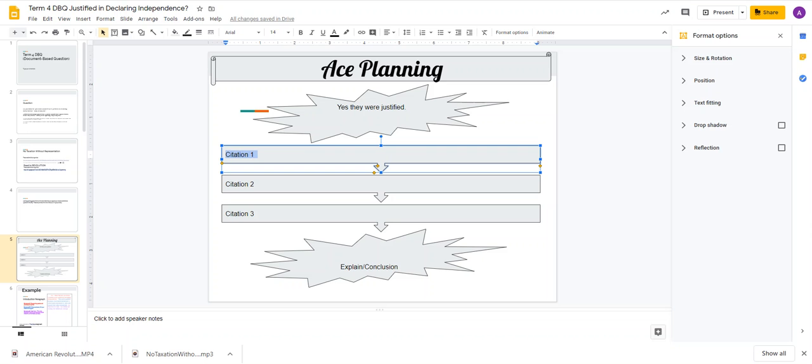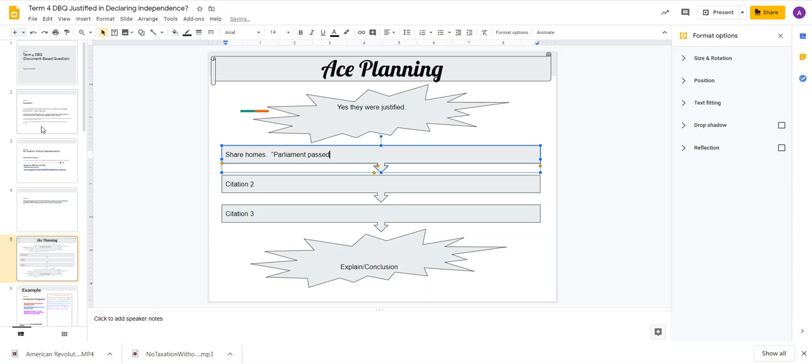The documents that you're using are on slide 2. So my very first reason, after I had read my documents, is that colonists had to share their homes with British soldiers. So there's my reason, and then I'm going to put my quote. Quotes go in quotation marks. I'm going to put Parliament